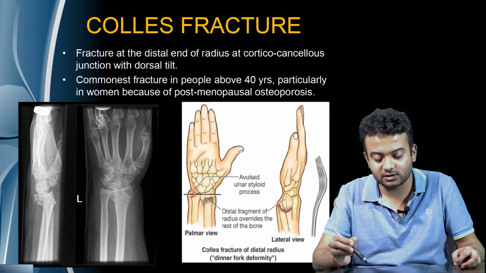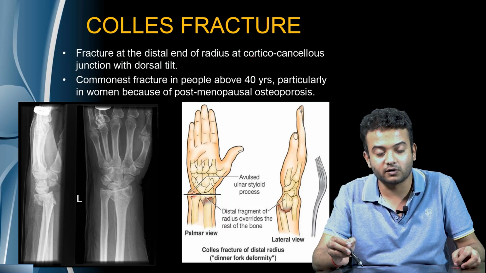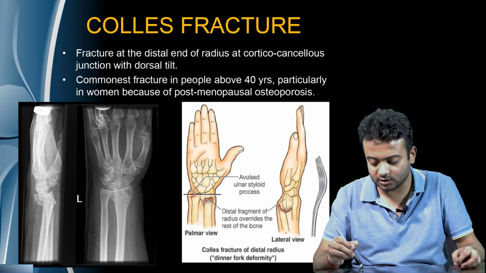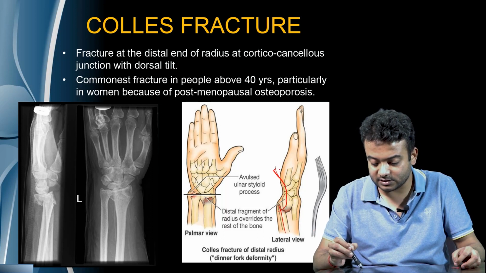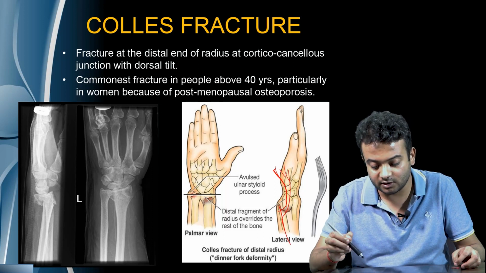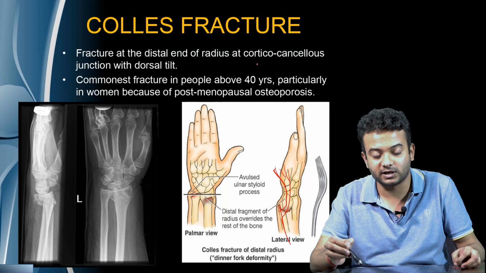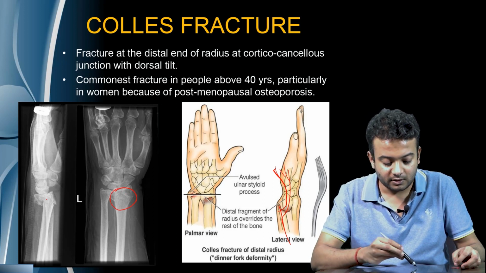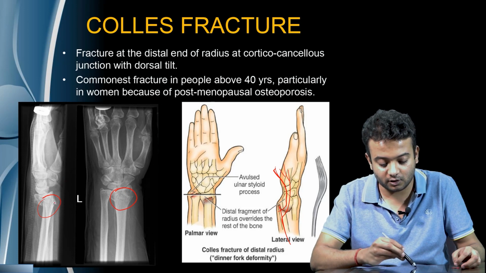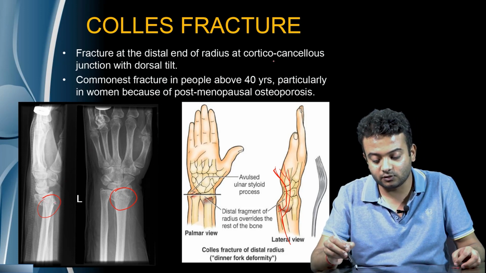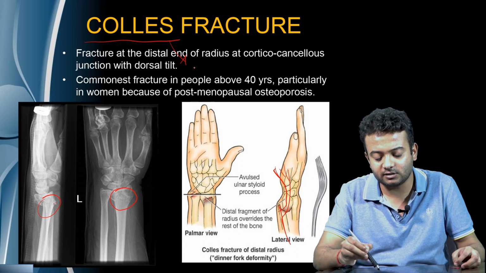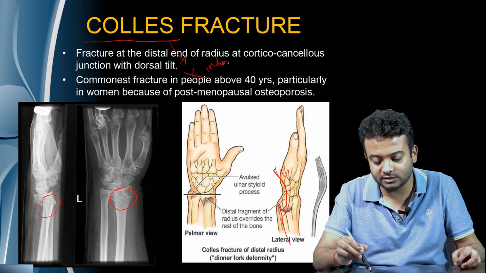The next fracture is the Colles fracture, which occurs at the distal end of the radius at the corticocancellous junction with dorsal tilt. This is also referred to as the dinner fork deformity, because the dorsal part is tilted backwards and it represents a kind of fork. Usually it's in people over 40 years of age, particularly in women with post-menopausal osteoporosis. Here also we can see the fracture in the corticocancellous junction. One thing we have to note is that this fracture should not extend into the intra-articular region for it to be called a Colles fracture. If it does not extend into the intra-articular region, then it is referred to as the